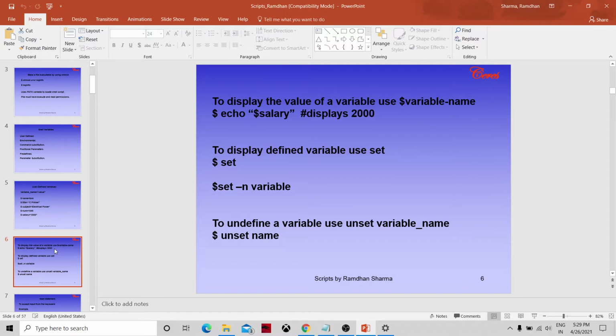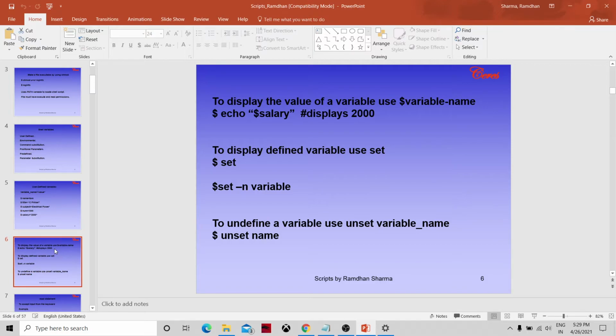Many times you might have seen in scripts we specify set or set -n. Set prints the output as it is, whatever commands you are going to execute and whatever variables you are going to print.